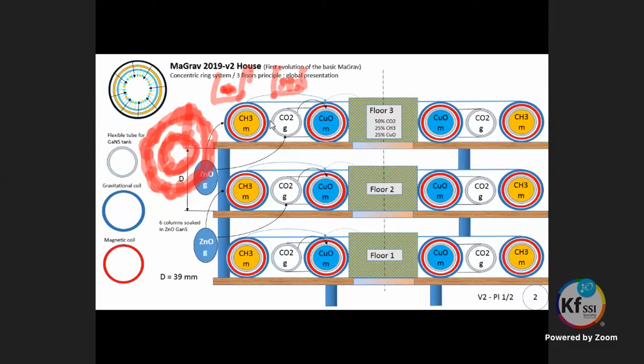Let me explain a little bit more. If you have a wet gas and if you have a dry gas of the same, can you explain to me which one is more powerful as a field? More magnetic. They both carry gravitational and magnetic. But one is a wet gas, one is a dry gas. Of the same.